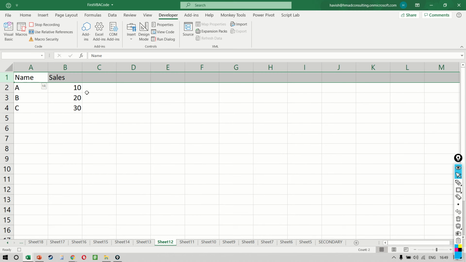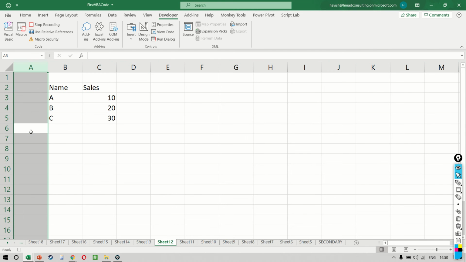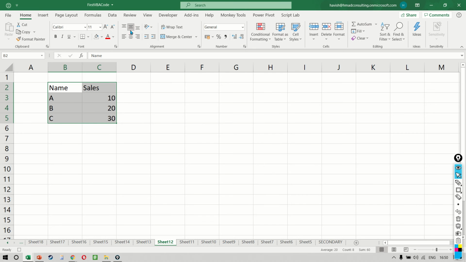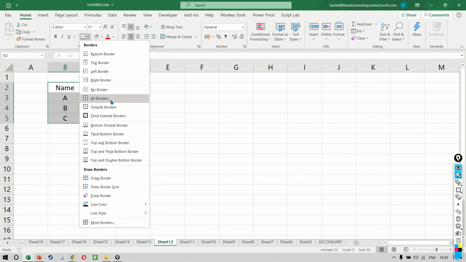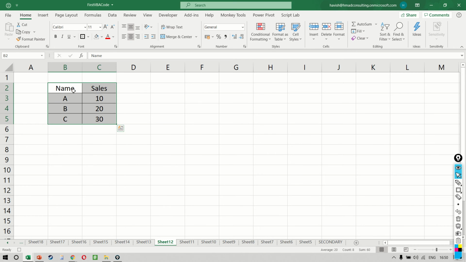I first want to create a row. I want to add a column, select my data, and align everything in the middle and in the center. We also want to put a border. We also want to put a thick outside border.